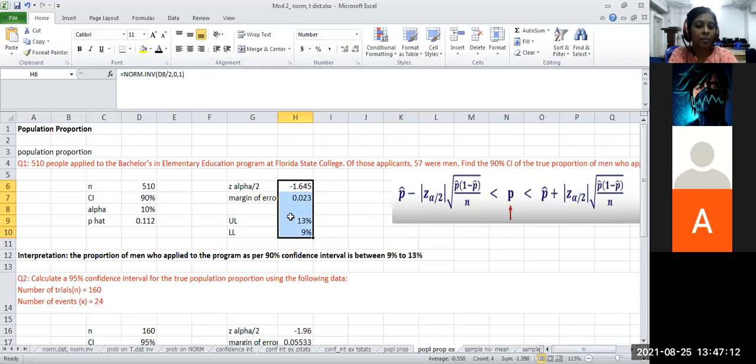So there's a difference between the first two questions we have solved and this question. In the earlier two problems, we didn't have to calculate p hat. It was already given to us. We just used that and calculated all the four values which are required. But in this particular question, you need to calculate the value of p hat and then proceed with your calculation. So is everyone clear with this? Anyone has any queries with respect to this particular problem or confusion?